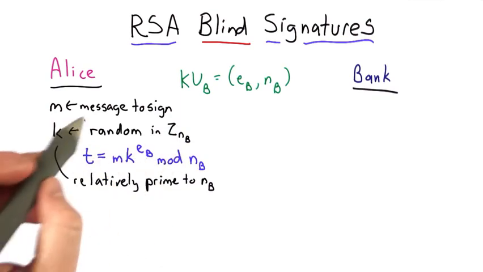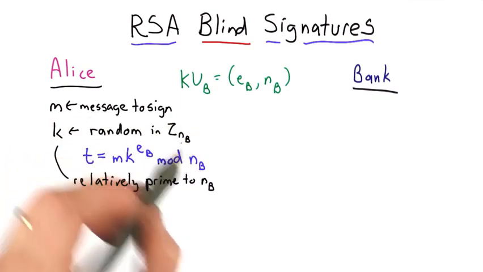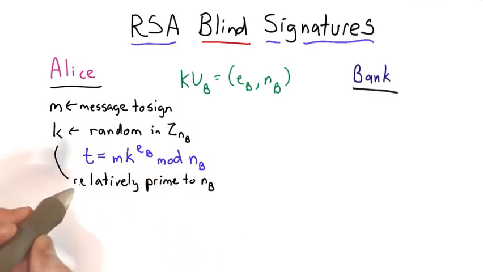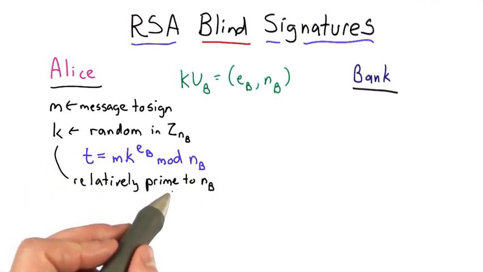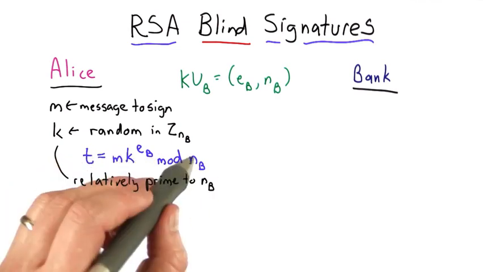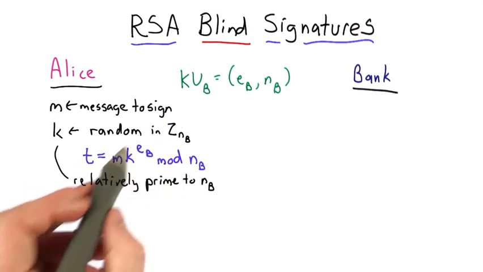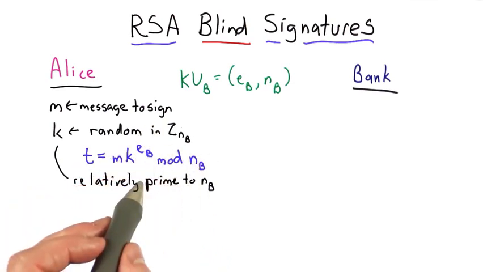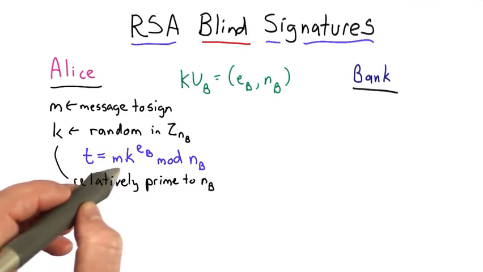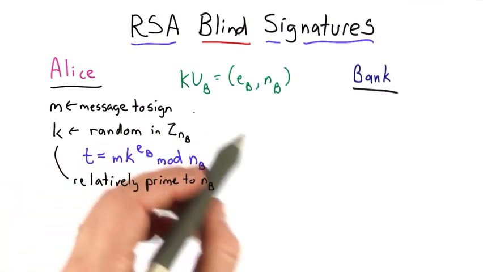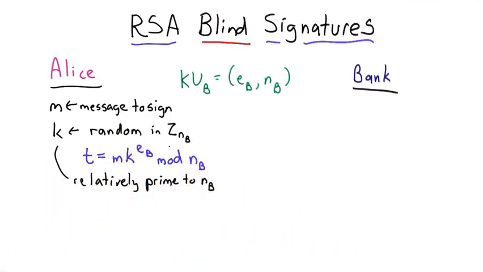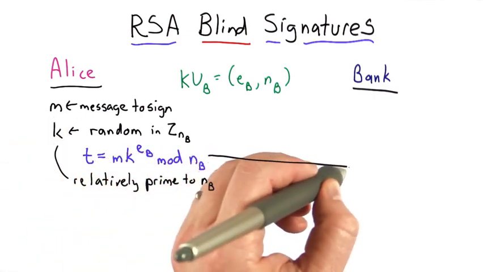If K is random, selected from the integers from 1 up to NB minus 1, and it's also relatively prime to NB, well, that would make K to the EB mod NB a permutation of the values in ZB. So that means that this is also random in that range. And so M multiplied by this is random. This doesn't reveal to the bank the value of M, so we can safely send that to the bank without